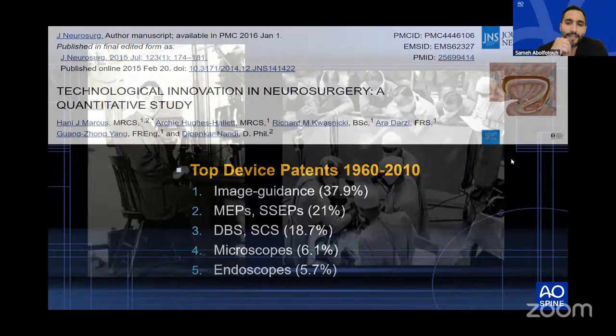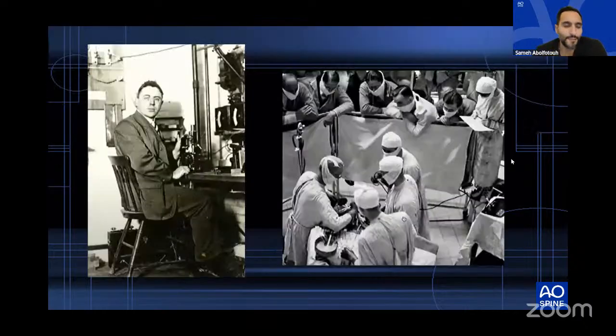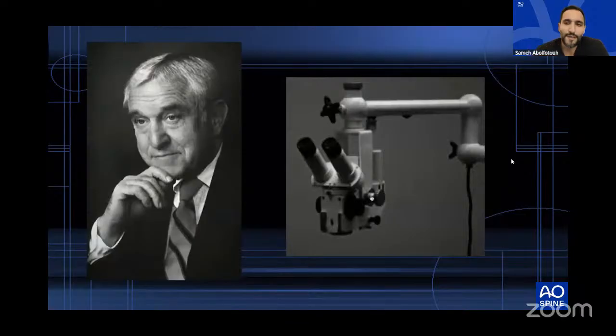And the history of neurosurgery, I'm an orthopedic spine surgeon, and it hurts me to say this, but the history of neurosurgery is very rich. This is Bovie, by the way. Bovie was a neurosurgeon, and I can't imagine a surgery that's done without a Bovie today. Obviously, the introduction of the microscope helped us do all of those fancy surgeries through very minimally invasive approaches.